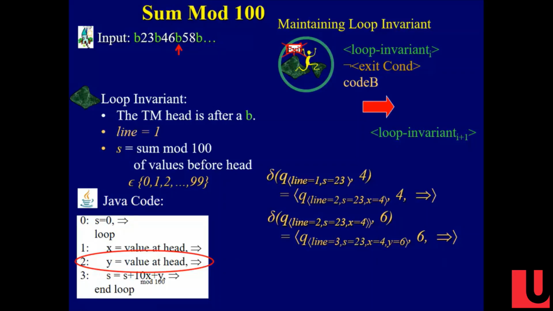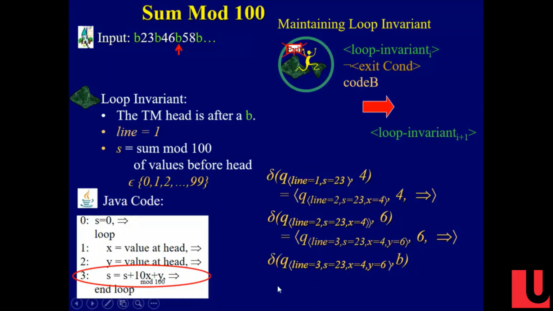All right, so now I'm on the blank. Now I'm in this state. Again, I just take this state and I copy it down. Now I'm in this state. What am I going to do in this state? Well, I'm on this line. I read a blank. What do I do? What does my delta say? Well, you need the new value of S to have the new value, and you can forget X and Y. And you go up to line 1, and you move the head right.